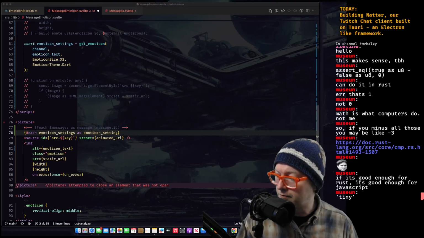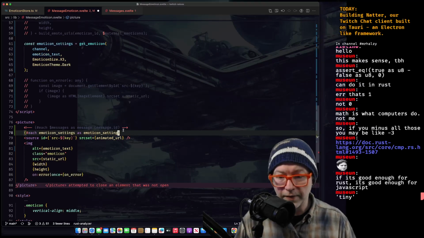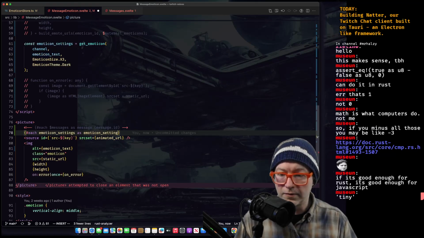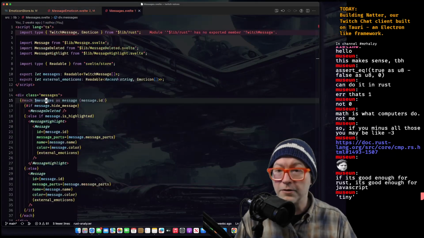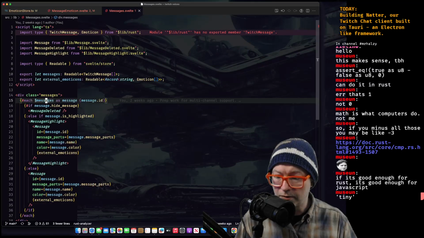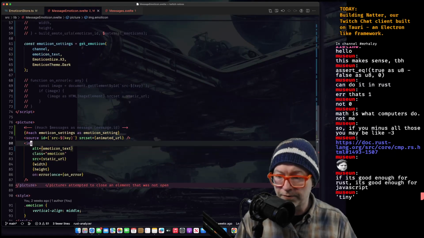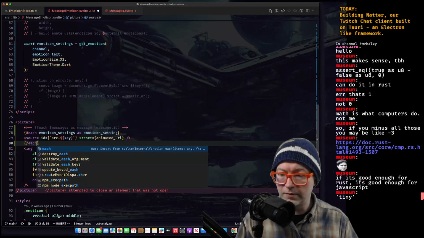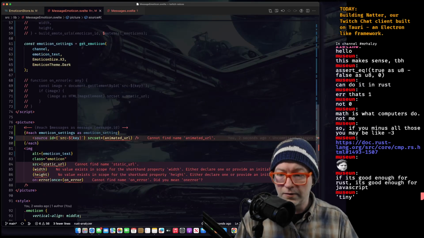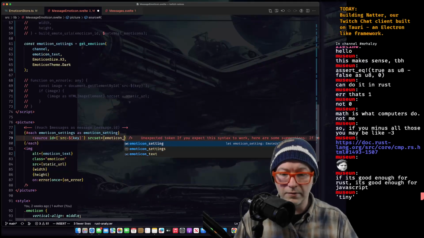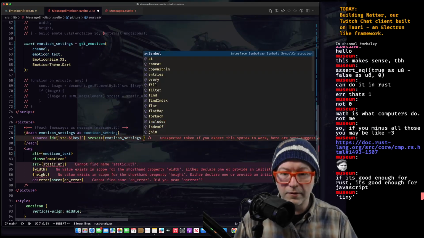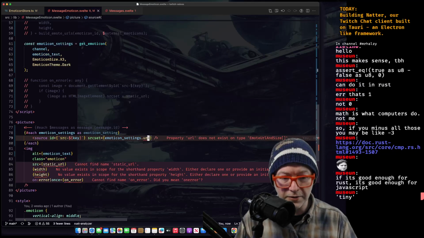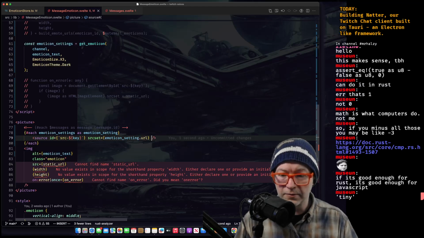Not that one. Okay. So we have that. How do we end the each? Okay, slash each. Good. And source set will be emoticon setting.url. Whoa, why is that? Oh, setting, singular. Okay, now we want width.